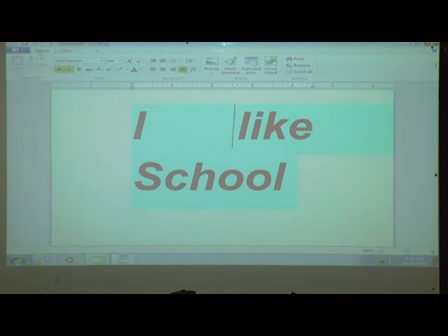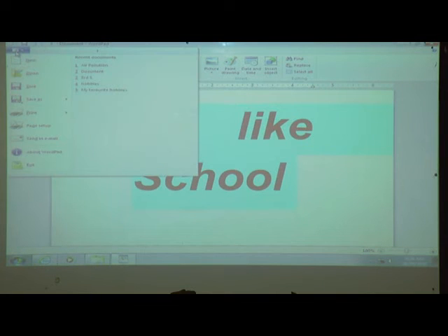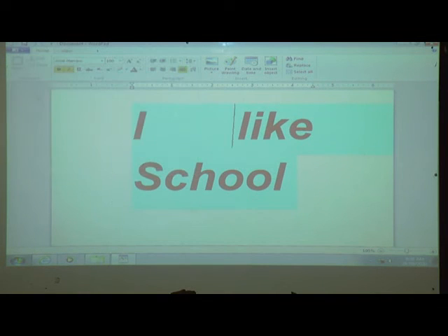But we can create a shortcut here on the upper side. Suppose we want to save this file, instead of going here and then clicking here, we can save it directly.